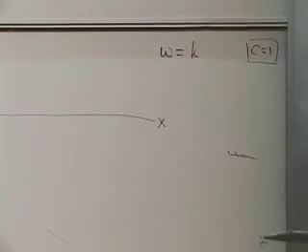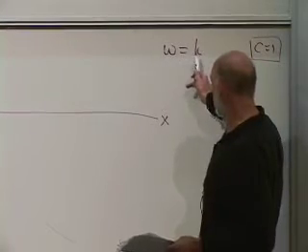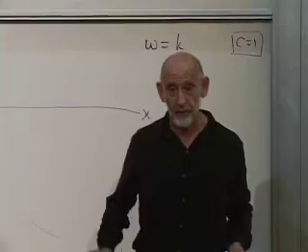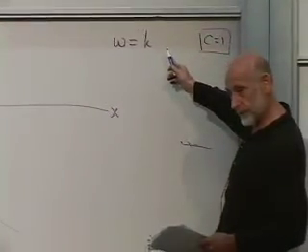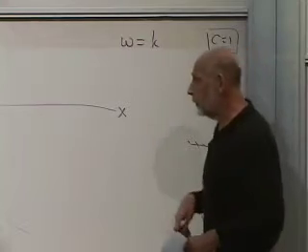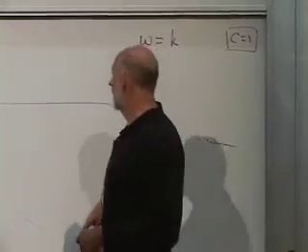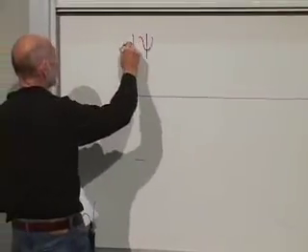Omega equals k. There's another possibility. Omega is equal to k, and what's the other possibility? Omega equals minus k. Okay, but let's take omega equals k. What kind of wave equation does that correspond to? Well, that corresponds to the wave equation d psi by dt